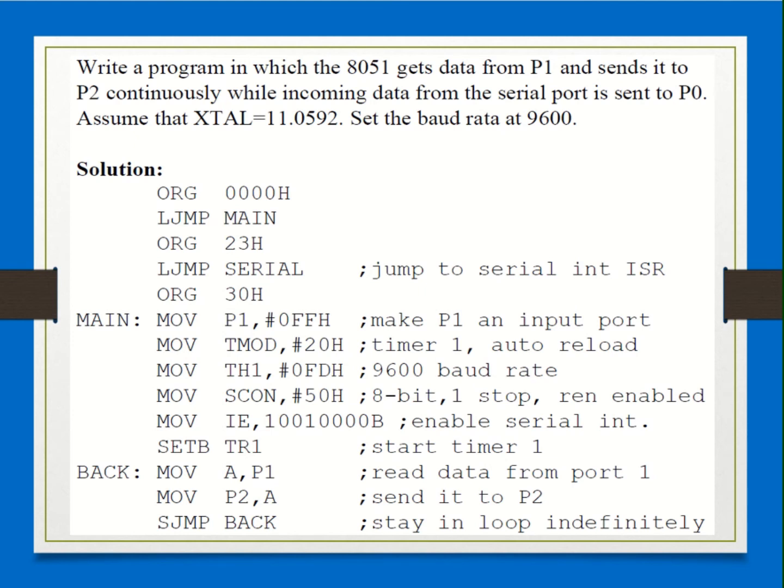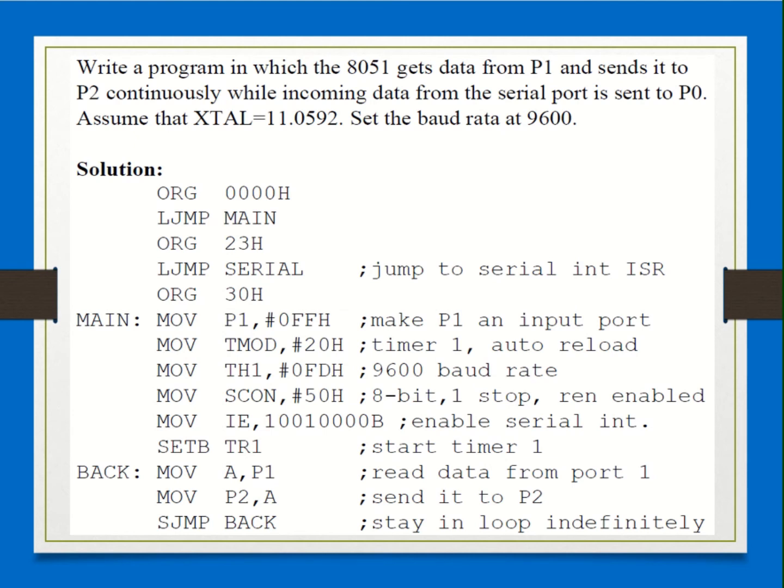So the data is also coming serially via the serial port, and that has to be sent to port 0. Port 0 is the output port here, but which data has to be sent? The data that is coming serially from the serial port, right?